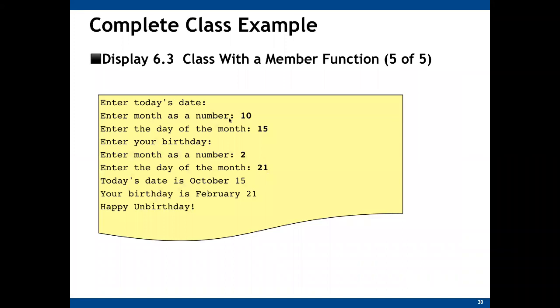So if I enter month 10, day of month 15 for the today object, and if I put 2 and 21 for the birthday object, then this program prints October 15 for the today object, which is 10 and 15, and also prints February 21 because I put 2 here and 21 here for the birthday object. Okay, so